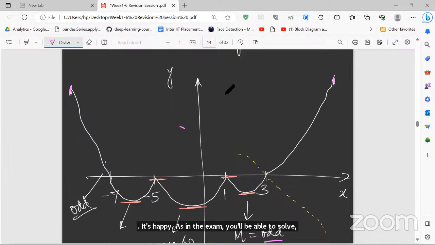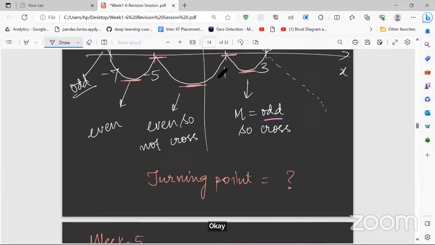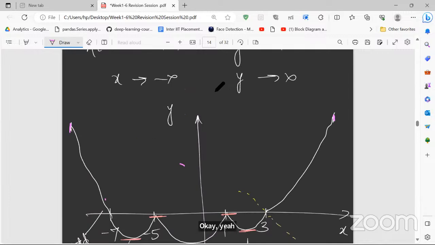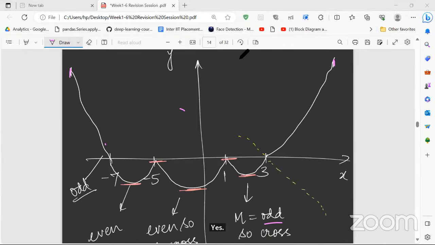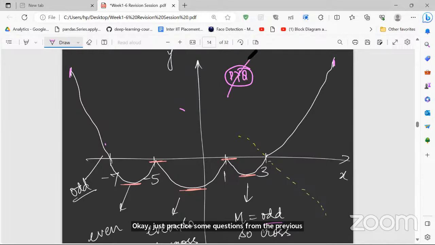So for polynomials, if you know this concept, maybe you can practice some problems from the graded assignment. Just practice some questions from the previous term papers. I'm repeating this again and again. Whatever time you have, 5-6 days, practice this. Go through the slides that I have shared. For each concept that I have written, you should be solving problems from PYQ. Even if you solve all the PYQs, solve each topic from the graded assignment too. If you are able to do this, I don't think you'll miss any question.